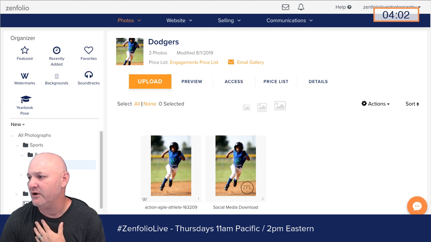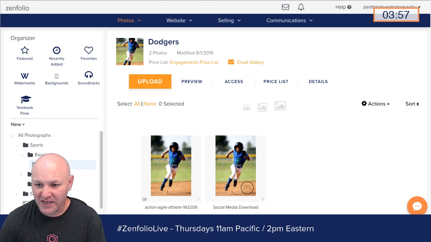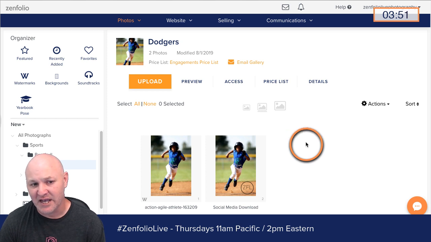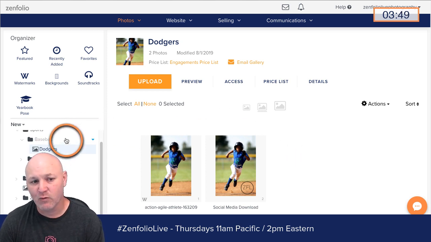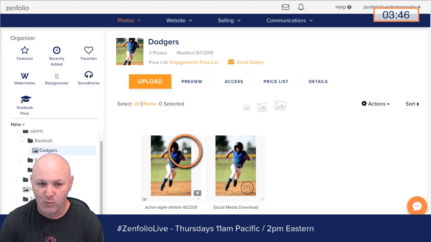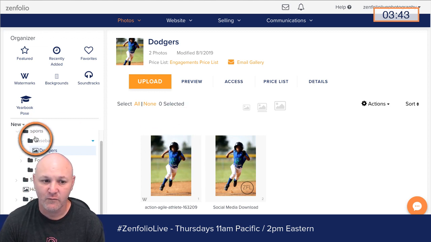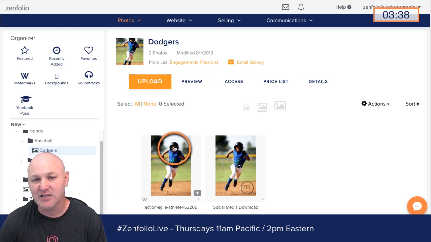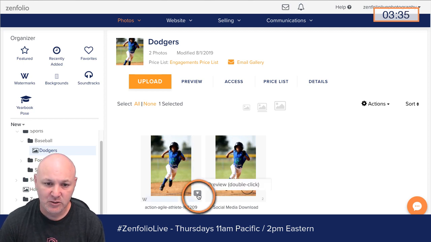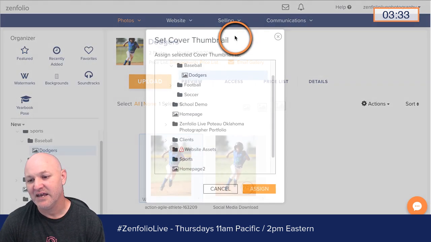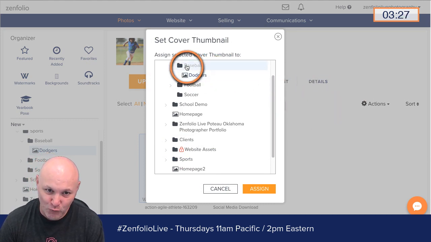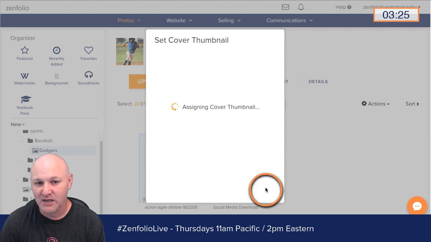Kelly Cummings said, can't seem to figure out how to get a cover photo for a folder. I can get it for a gallery. Okay. Kelly, to show you that, you have to manually assign cover photos to groups. So it doesn't matter where the photo's at. Let's say for this group right here, I want this image to be the cover photo for it. Just go to the image that you want to use. It can be located anywhere in your account as long as the image is public. Click this little drop down, go to select as cover thumbnail, and then go to that group, and that will assign that to be the cover thumbnail for that group.